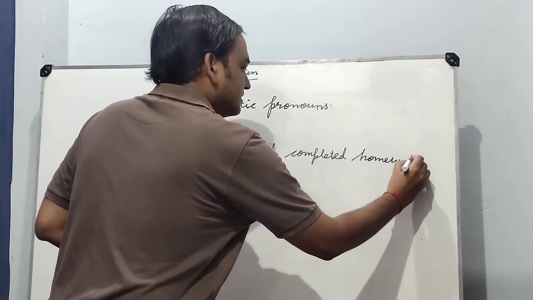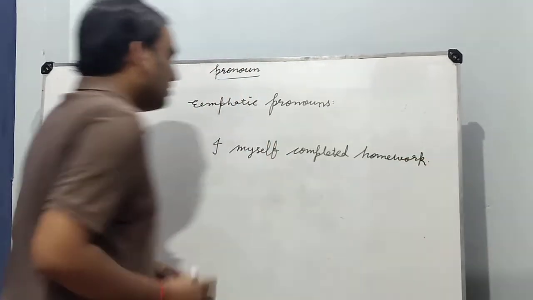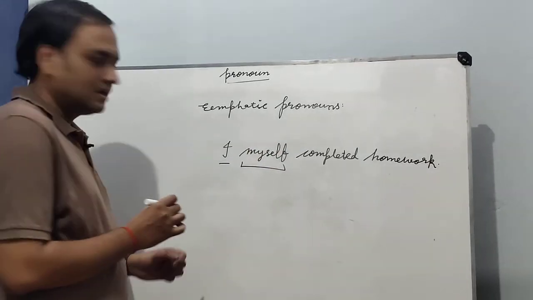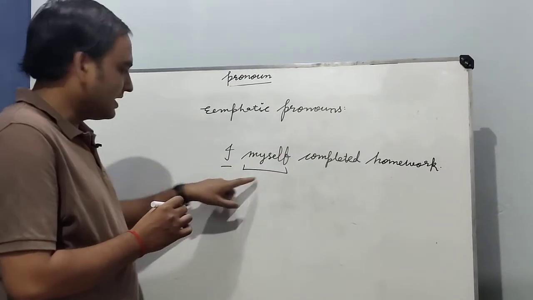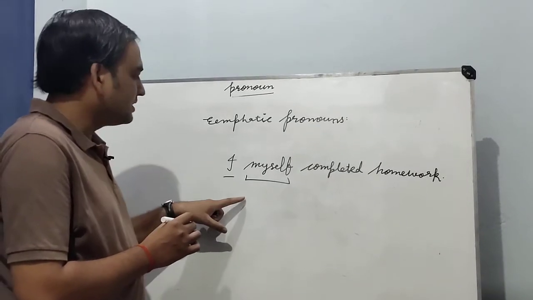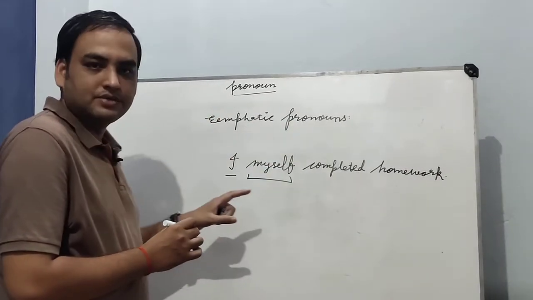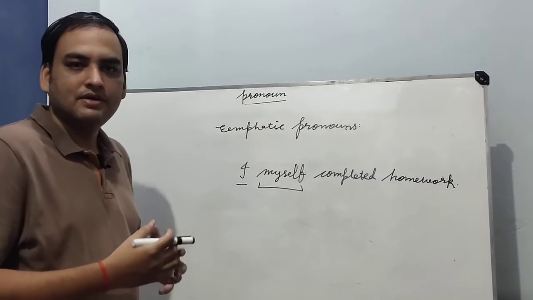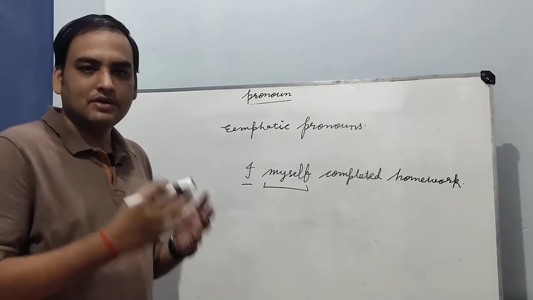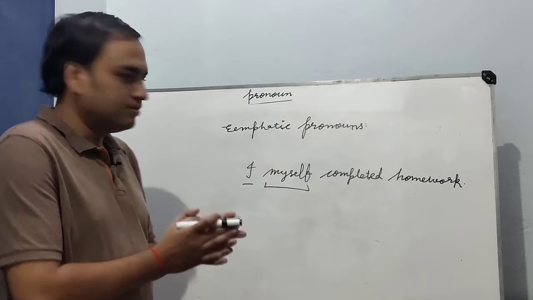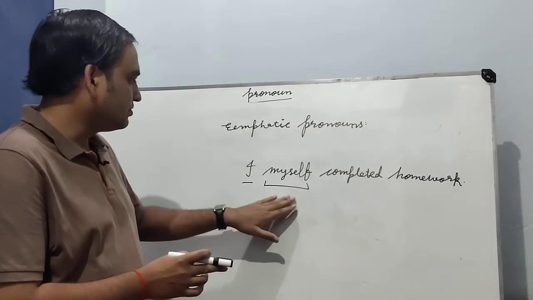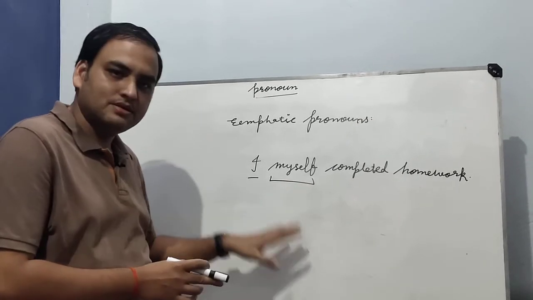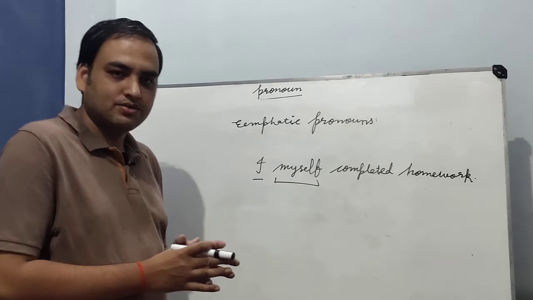Okay, in such a sentence we may see that here is the subject and here is the emphatic pronoun. So this pronoun is strengthening the subject, emphasizing the subject. In such a situation the pronoun is called an emphatic pronoun. All the pronouns we have used in reflexive, himself, ourselves, themselves, may be used as emphatic pronouns if we use them after the subject to emphasize the subject. Okay, so guys, I think you have understood it.